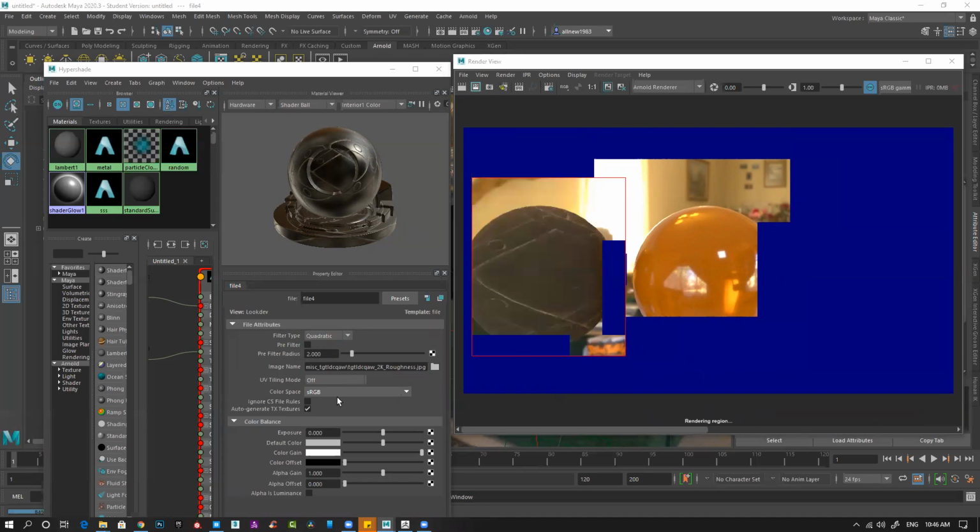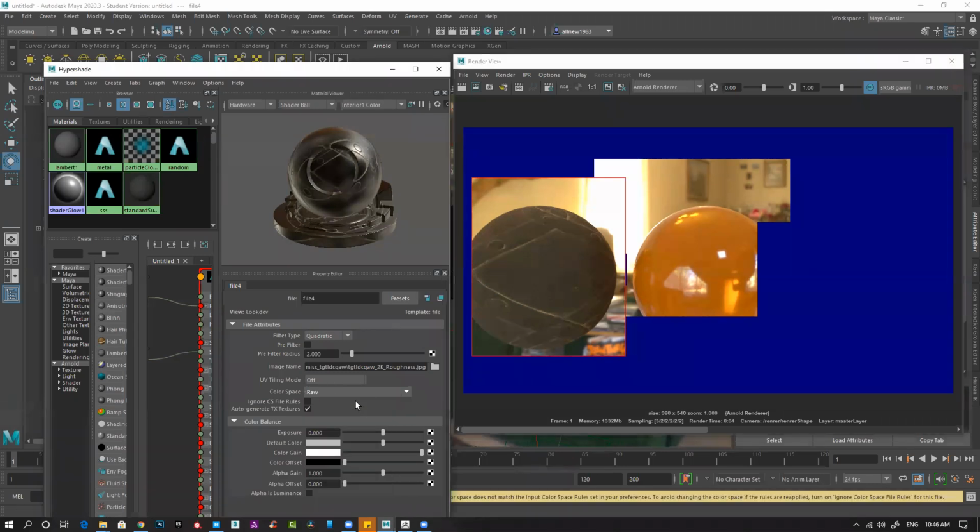So I have just applied the roughness, but you can see it became completely matte. The reason is the roughness map is a black and white map and the color space is sRGB, so the intensity and value of the map is completely changed. So what you have to do is change the color space to raw, then render it one more time and check what happens here.